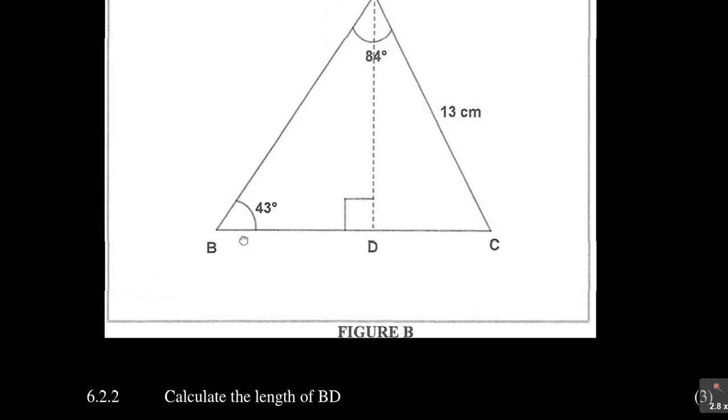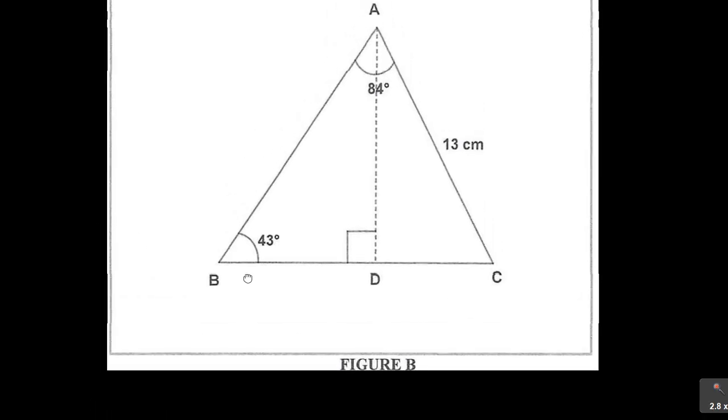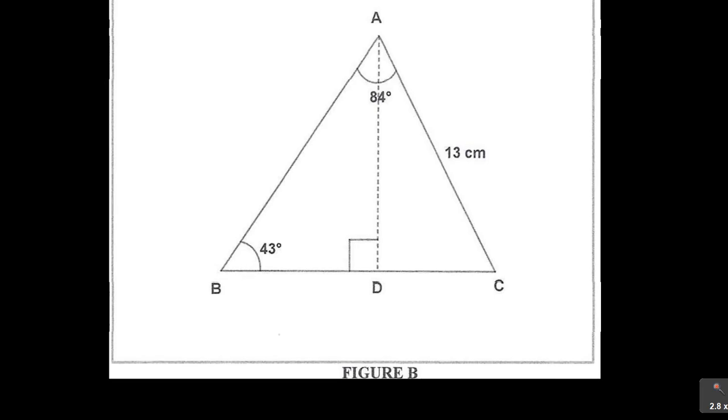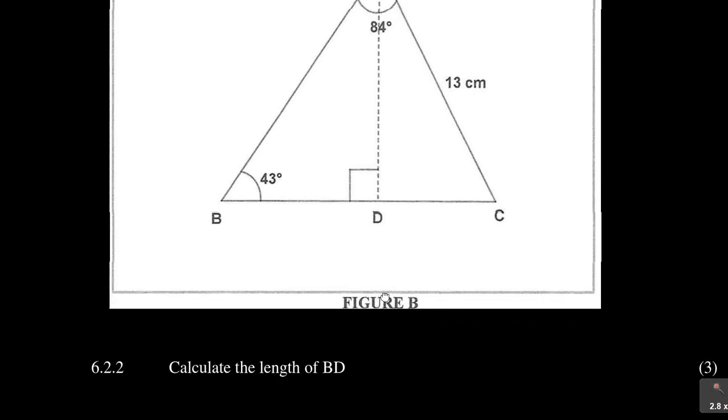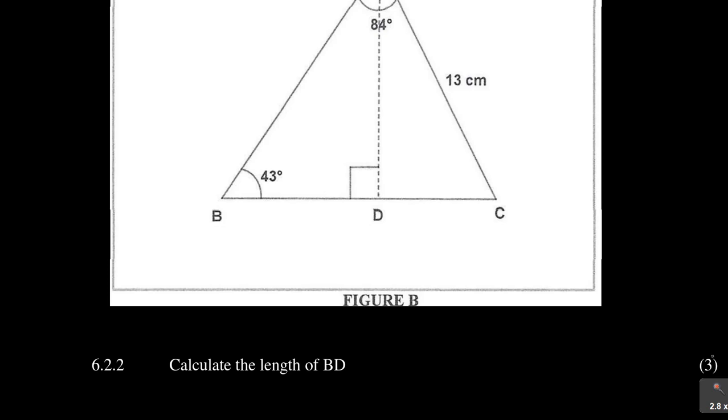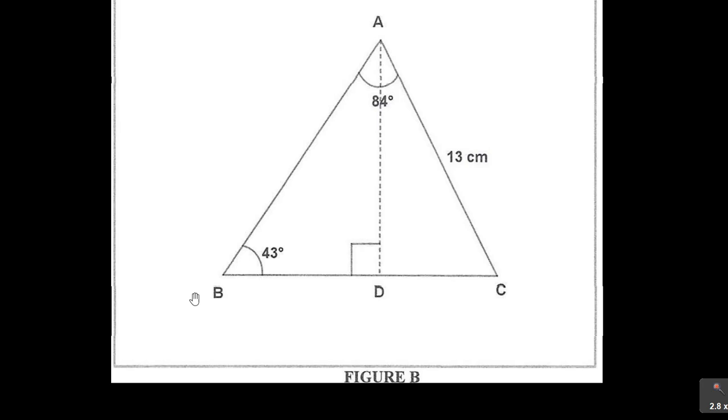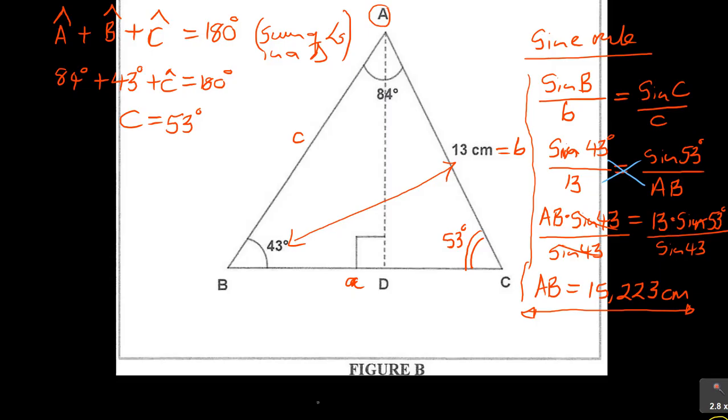So now, if you still remember what we have, okay, how many marks was that first, before we do that? This one is 3 marks like the previous one, and it wants us to find the length of BD. You had some options here to do. The first part is, remember you already have the side which is AB. From the previous question, AB was